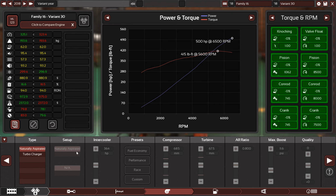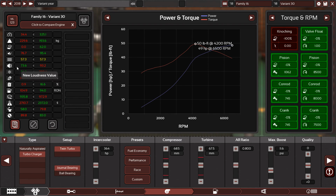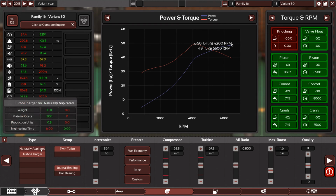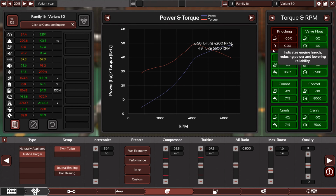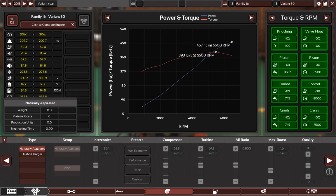Sometimes it does make it loud if you are using a really loud blow-off valve. But here, to be specific, no. In Automation, yes, sometimes it can change. Let me check. Yes, as you can see, it will change, because the engine is knocking here, the engine is not running perfectly. But if you have a small turbocharger, yes,